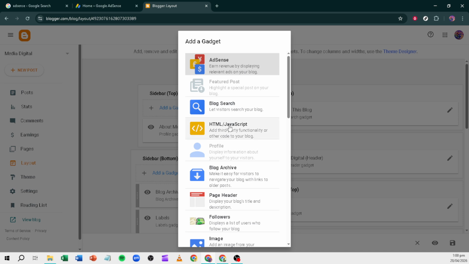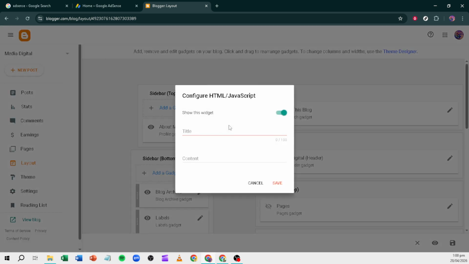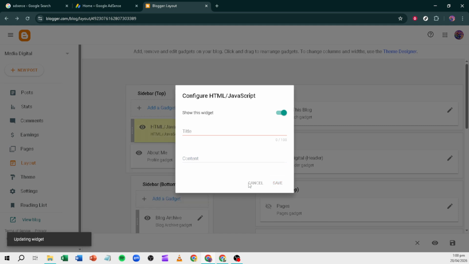The title field is optional. You can leave it blank or use something descriptive to stay organized. In the content box, paste the ad unit code you generated in your AdSense account. Don't alter the code, paste it exactly as provided so it can load properly. Then click Save. This approach is great for sidebars, headers, or footers, and works well with responsive ad units that